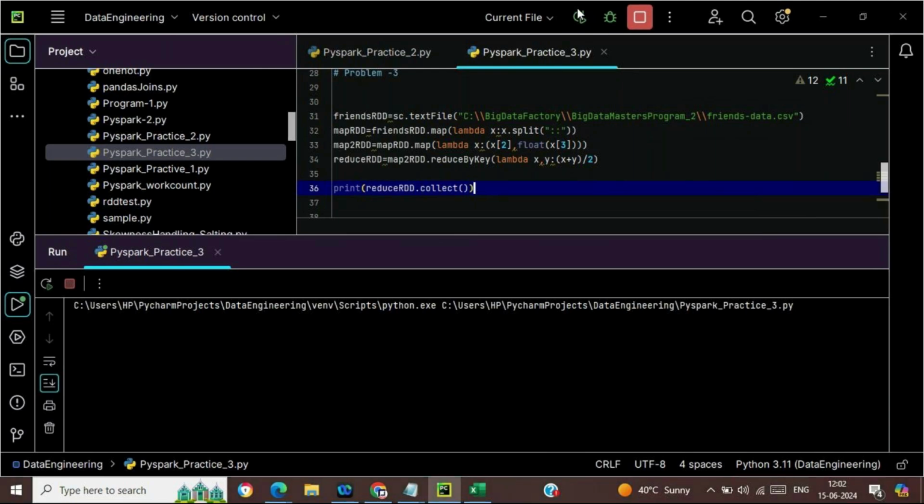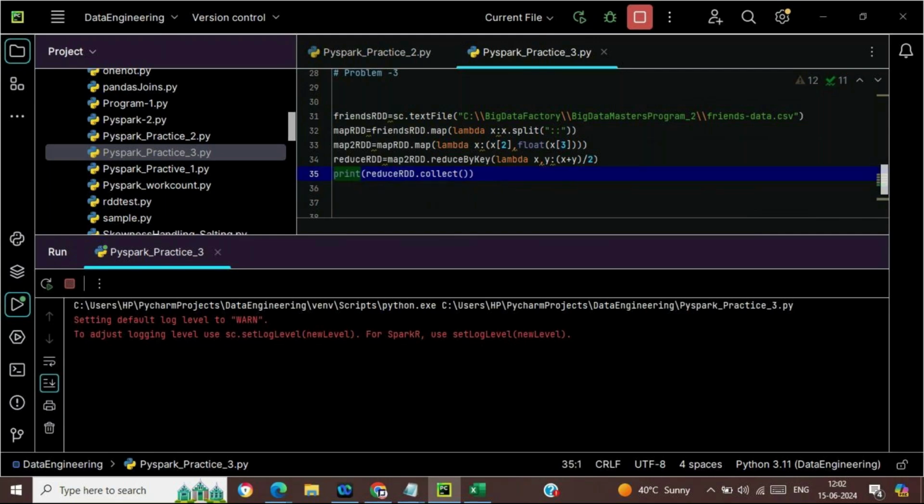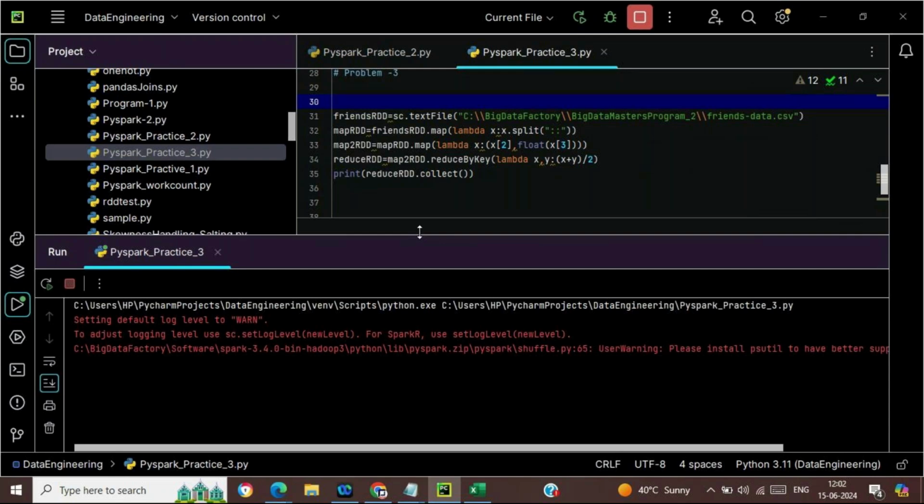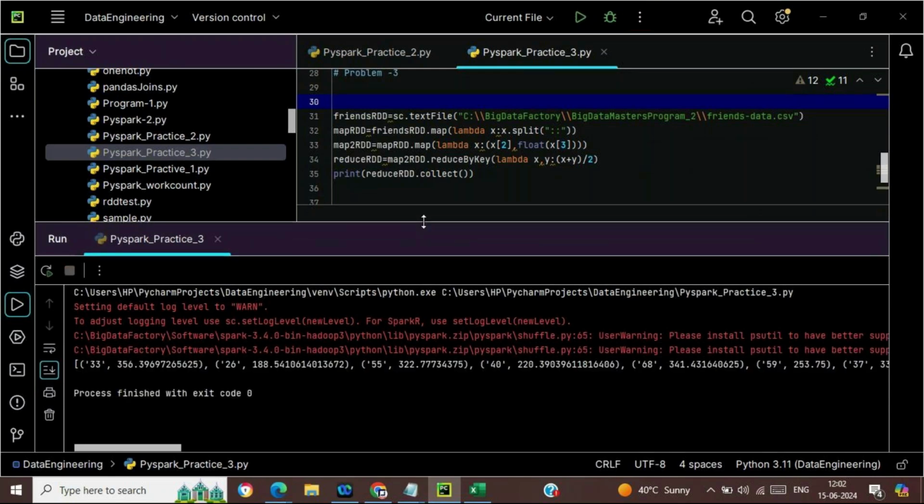Actually, Spark is on my second laptop, so I am shifting the file to this laptop, and that's why it has taken time. The transferring and migrating of code is taking time. Yes, you are migrating code from one environment to another.